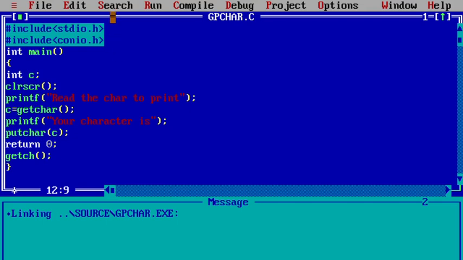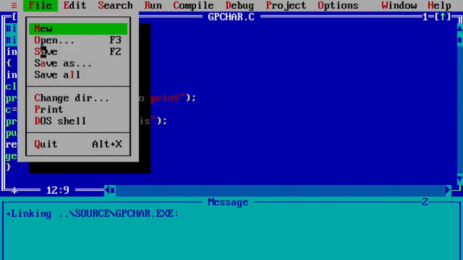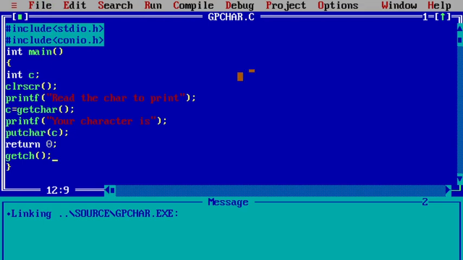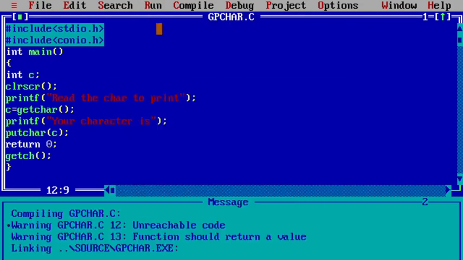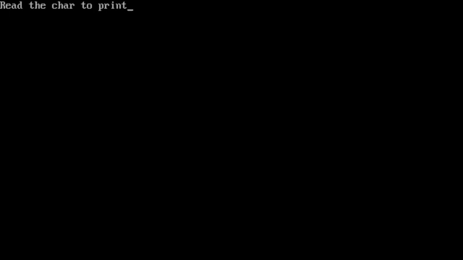So let us see the difference in how the output will be displayed on the screen. Let us run. See, whatever was on the screen earlier has been removed. That is what clear screen does. I'll use now n.